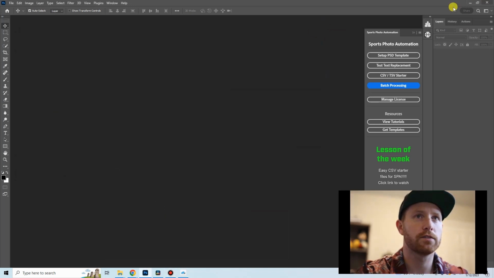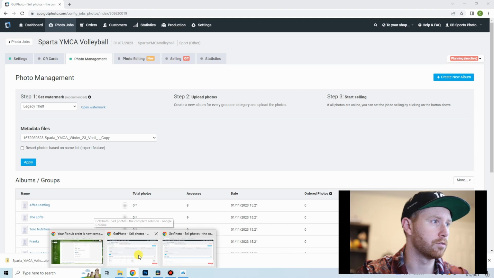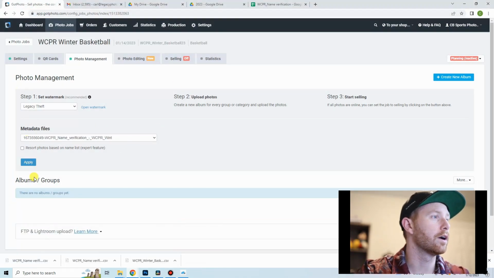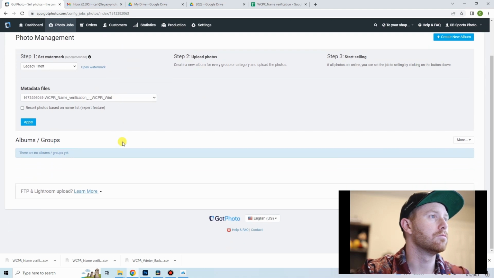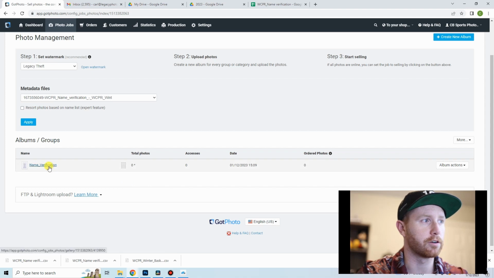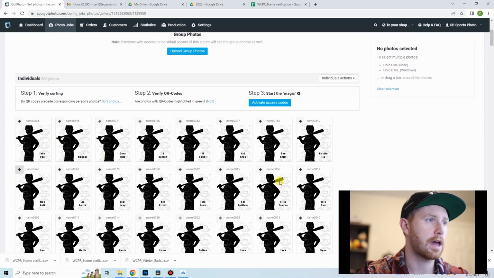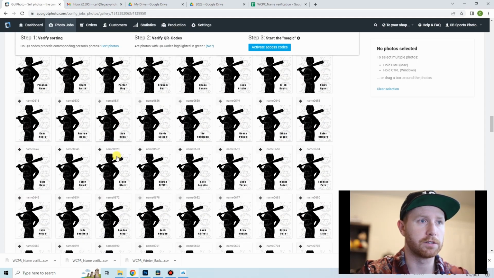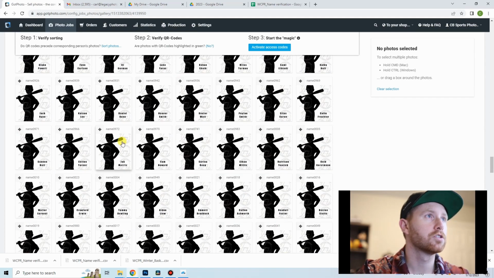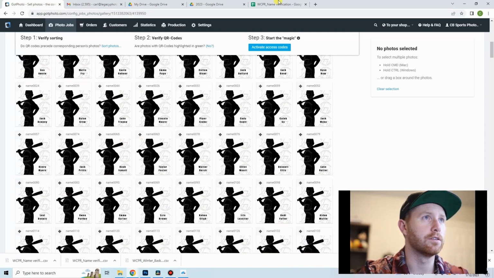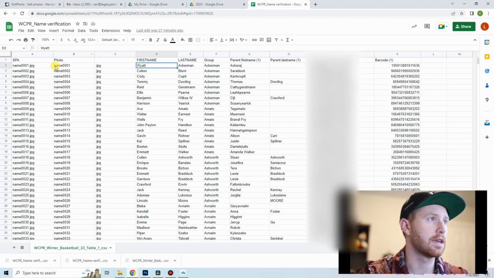I can minimize that. And we're going to go back into Got Photo. So again, when you look in here, there's nothing there. So hit refresh, and boom, all of a sudden we've got our name verification, and we can click on here. The catch is, you'll notice nothing is tagged, right? Because it doesn't know what to tag them to. So that's why we created this spreadsheet, because what this is doing is saying that this photo, name 0001, is